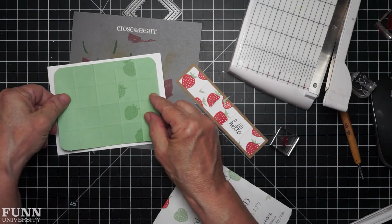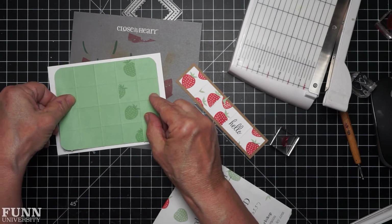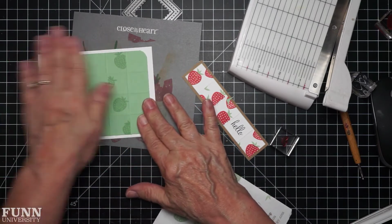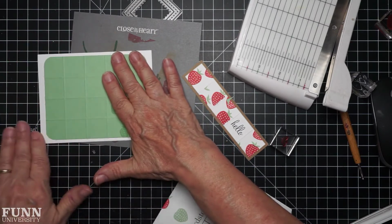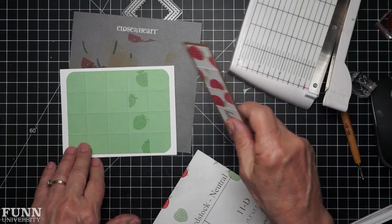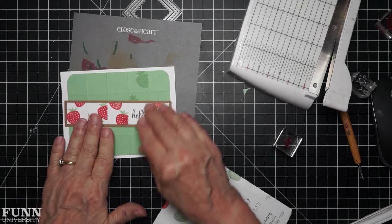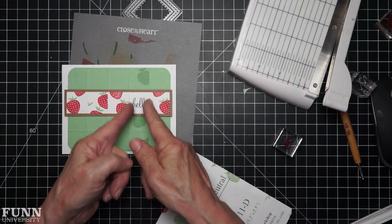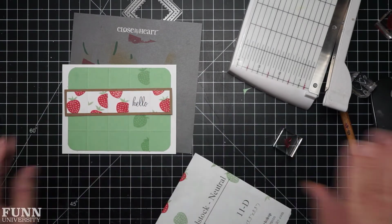Stick that on. We're going to have a little landscape card here. I have seen parts of it. It moves so fast it makes my head spin. We just want to line up our folds here. So